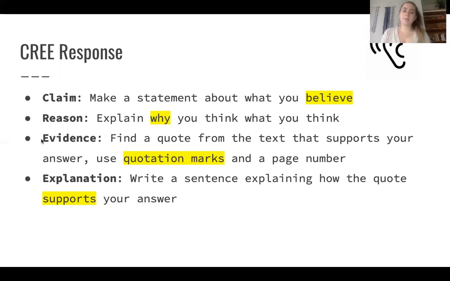Next, we've got evidence. That should be familiar. That's a quote from the text that supports your answer. Whenever you're including evidence, make sure you have quotation marks and a page number. That's key. Finally, you've got your explanation, where you're writing a sentence explaining how the quote supports your answer. Okay, now that we've gone through it out loud,